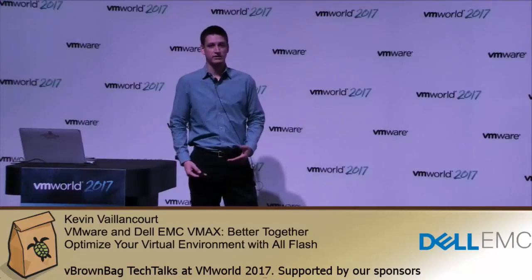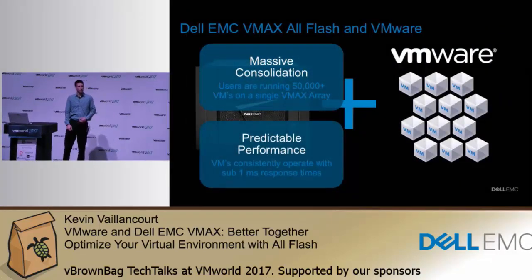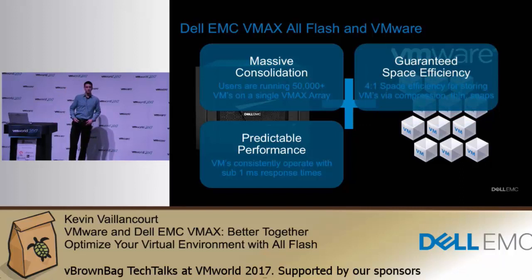Where we kind of go for our main goals: massive consolidation, right? We have users that are running over 50,000 VMs on one single array. We want that predictable performance of sub 1 millisecond response time across everything running, and also space efficiency, right? All flash data is expensive. We want to make sure that you're getting everything that you're paying for. We have inline data compression and also thin LUNs plus thin snaps to get you towards a 4:1 space